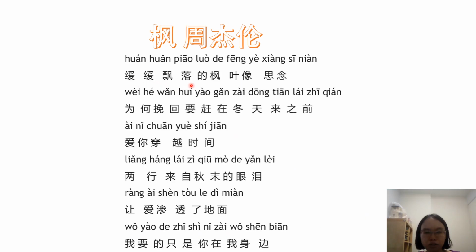缓缓飘落的枫叶像思念，为何挽回要赶在冬天来之前？爱你穿越时间，两行来自秋末的眼泪，让爱渗透了地面。我要的只是你在我身边。